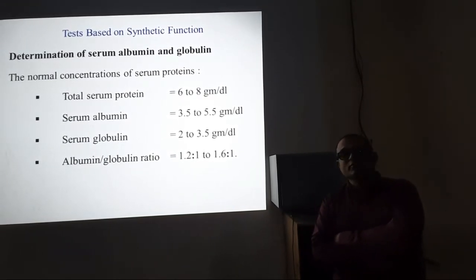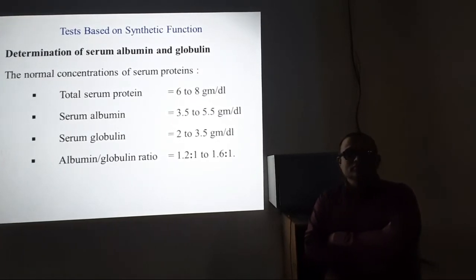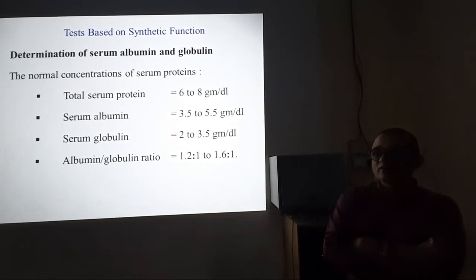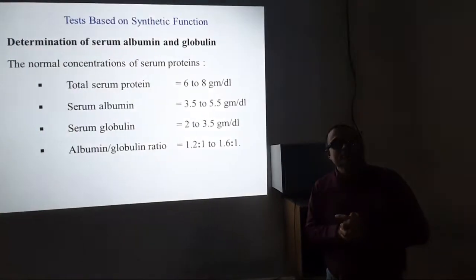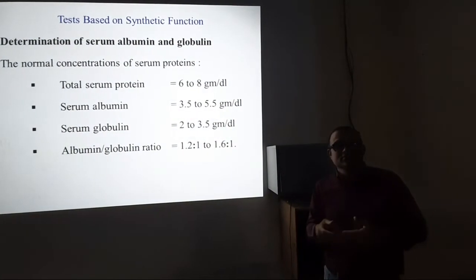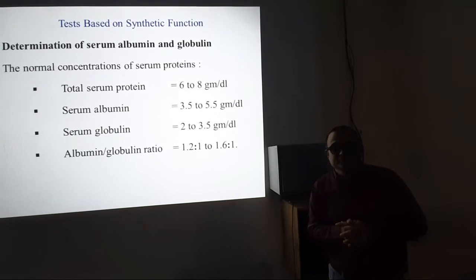What is the function of proteins? They exert plasma oncotic pressure, so that has to be maintained. In liver disorder, what happens? Secretion of albumin goes down, so that has to be compensated, and globulin has to rise. From where will it come? From the reticuloendothelial cells. Globulin secretion will be increased, and the ratio, which normally has more albumin and less globulin, will be reversed. This will occur in advanced liver disorders.